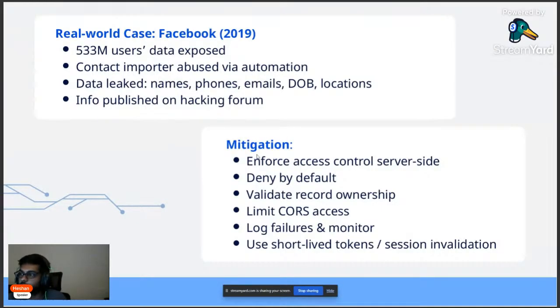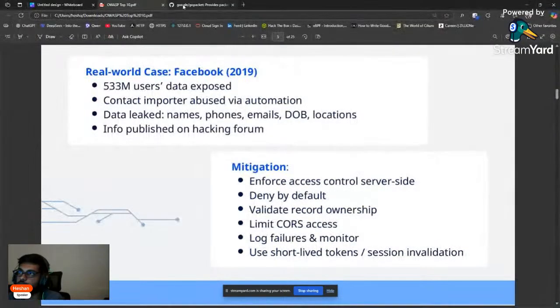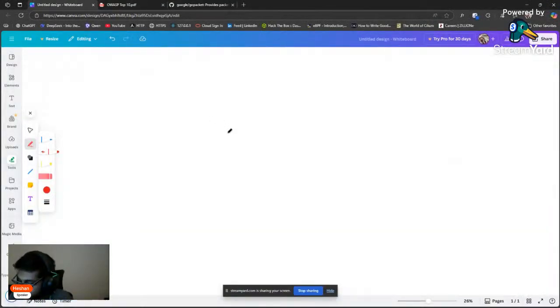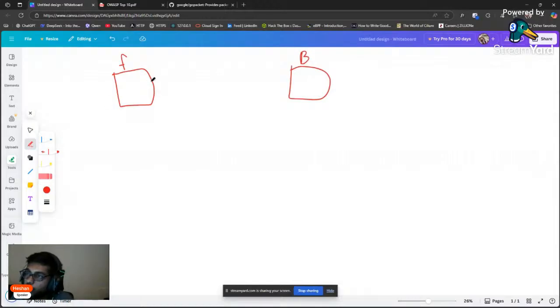For the mitigation part, what we can do is enforce access control server side. I have seen most of the time, imagine this is our front end and this is our back end. In the front end, there are tools with which we can inspect our web application, its dependencies and logic, and intercept our requests too. Imagine we do front end validation only. As an example,